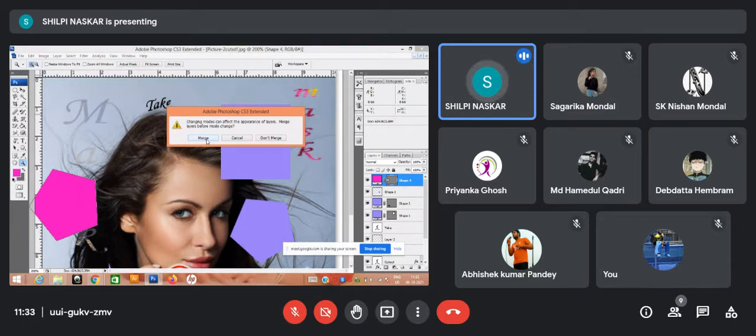Okay, before you can change the color mode, after doing certain work you need to merge the layers. Merge means, whatever image you download, you can see that there is only a single layer, isn't it? Why? Because after doing all the work you need to merge it to one layer. Okay, that is a certain thing you need to do. But I do not wish to merge it, cancel.